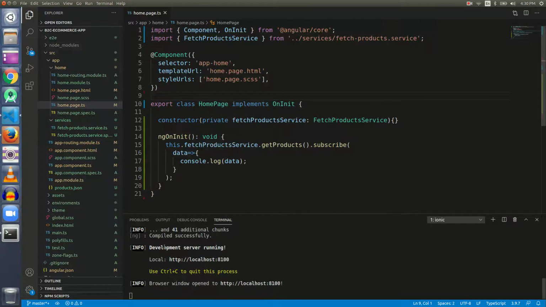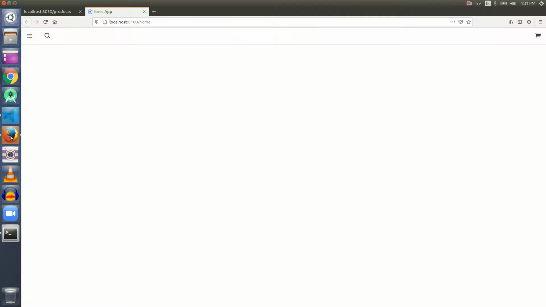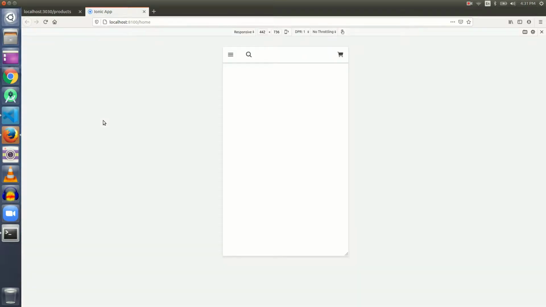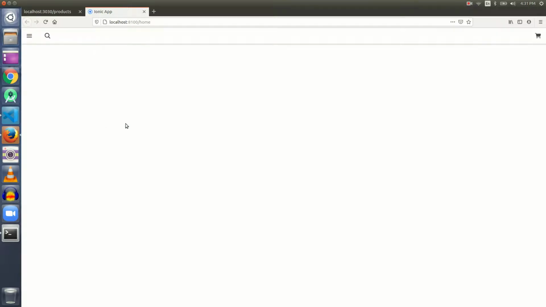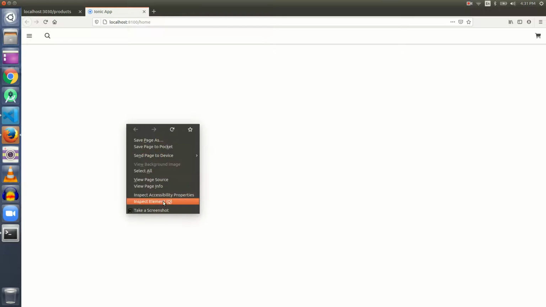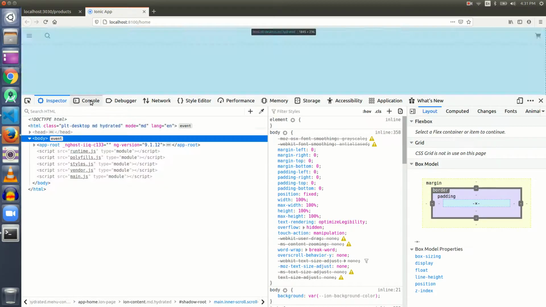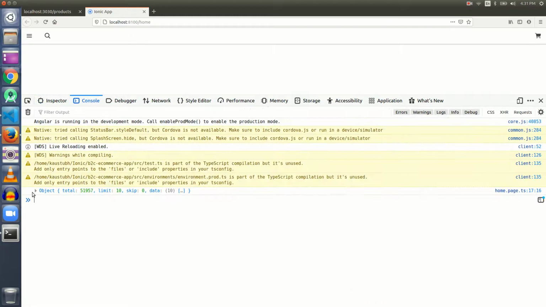So this is our project. Our console is running fine, and this is our browser that is displaying our application. If I do Ctrl+Shift+M, we will get the mobile view. At present we are not displaying any data, so let it be in the browser view only. If I open the developer tools, click on inspect element and console, you can see here we have the data.